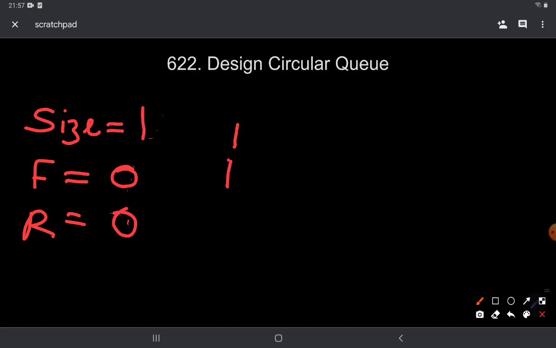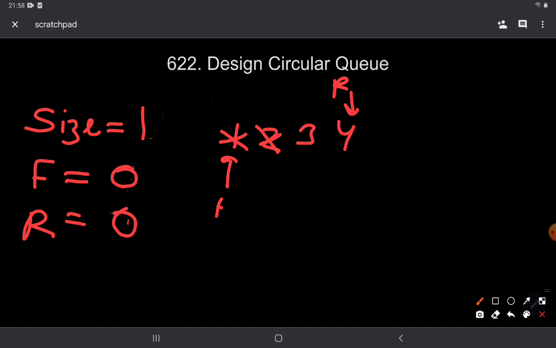So right now my front and rear pointers are both pointing to this. Now let's say I add more items, a 2 and a 3. As I keep on adding, my rear pointer keeps shifting forward, so it would have shifted from its initial position to the last position. Now let's say I remove a few items: I remove this 1 and this 2.